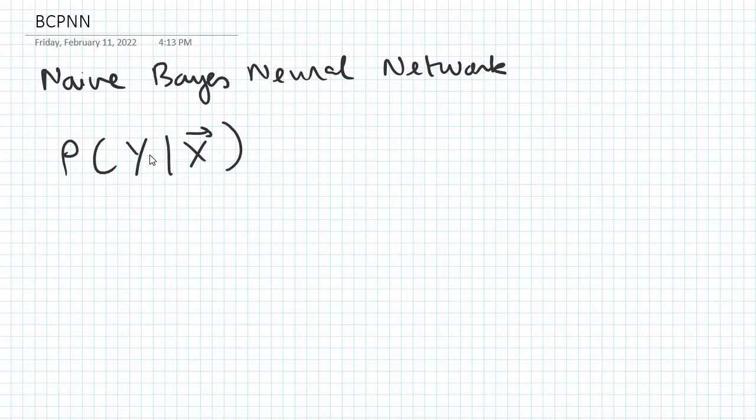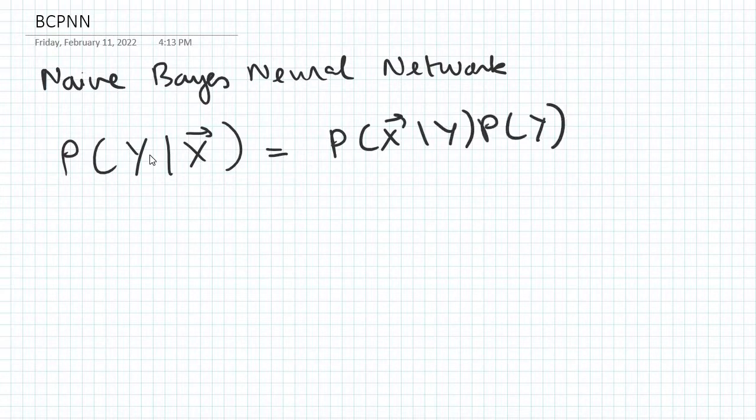Given a new vector x, we wish to estimate the conditional distribution P of y given x for all values of y, and assign whichever value of y gives the maximum of this probability. This can be written in the form of P of x given y times P of y divided by P of x, by Bayes rule,